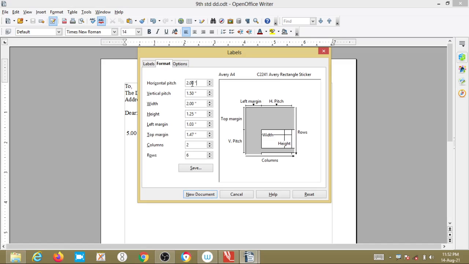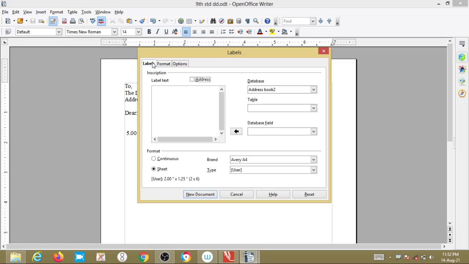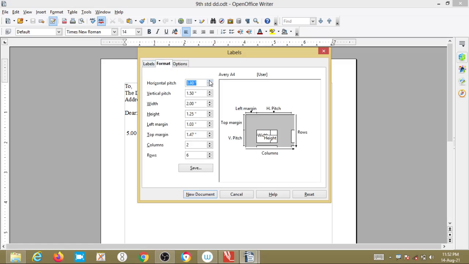Okay. So if you want to change, you can change it, and after changing this, you can save this one. Okay. That will be created as your own format. Okay. If you don't want that, it was there previously 3.65, right? Check it in labels, it was around 3.65, keep it as it is, that is 3.6.